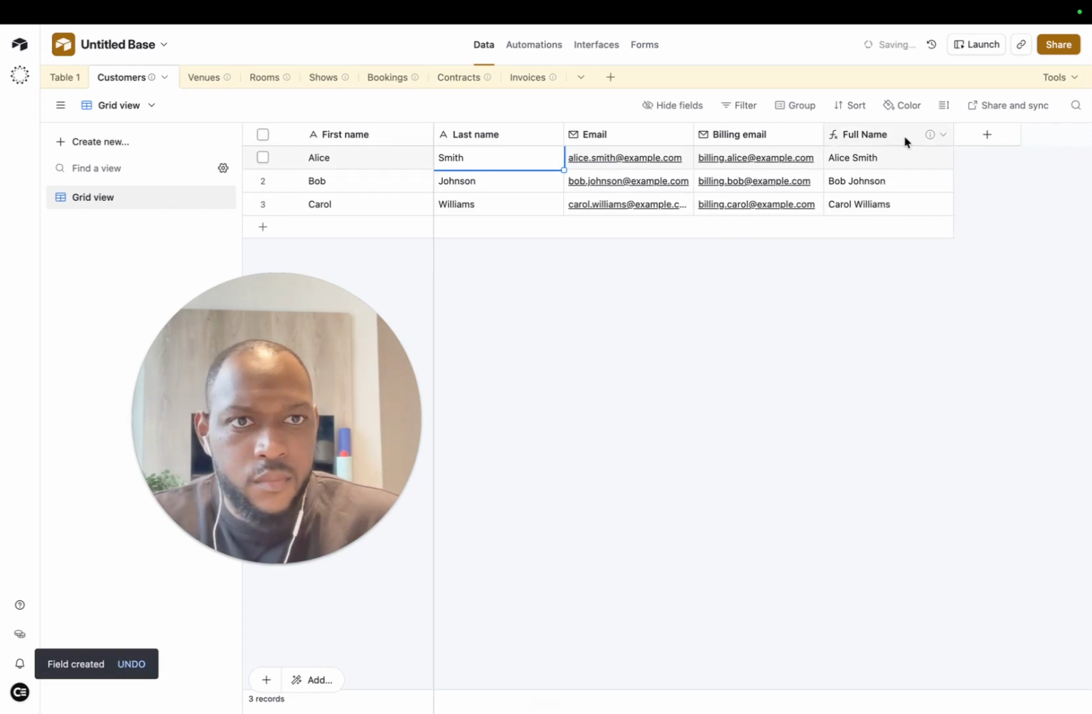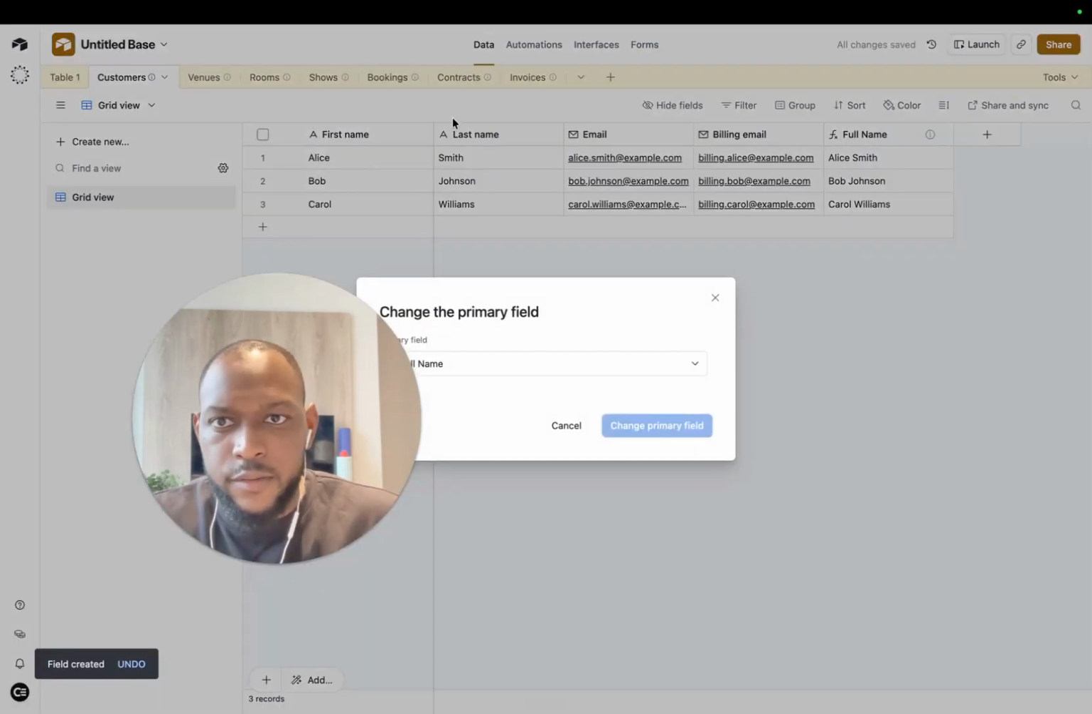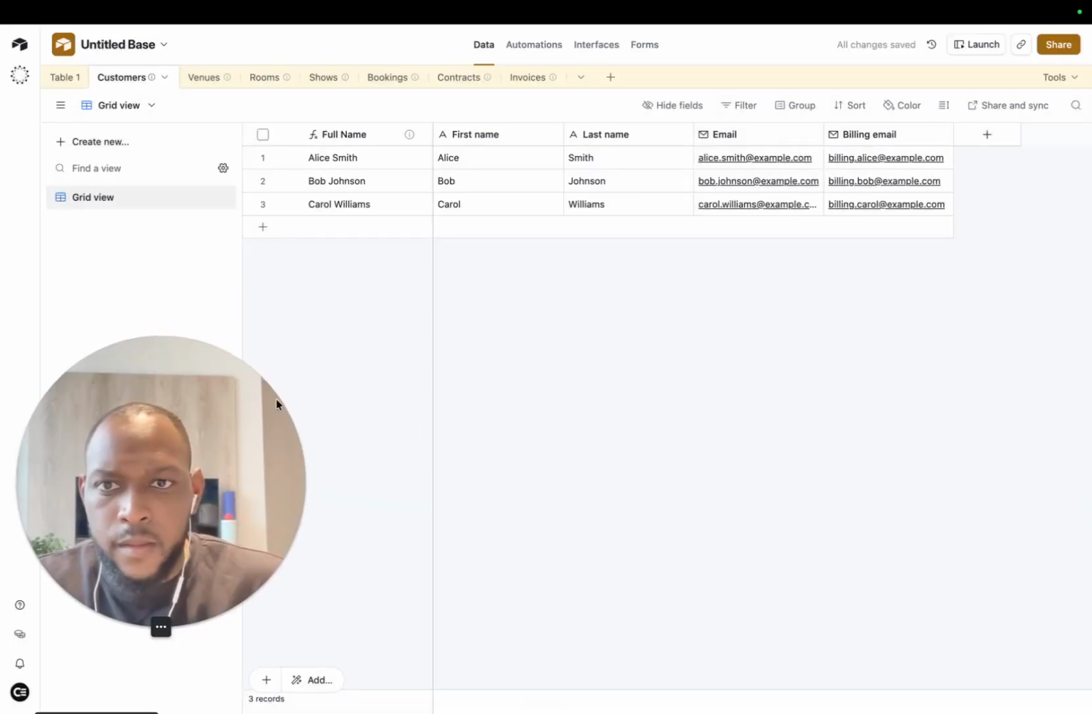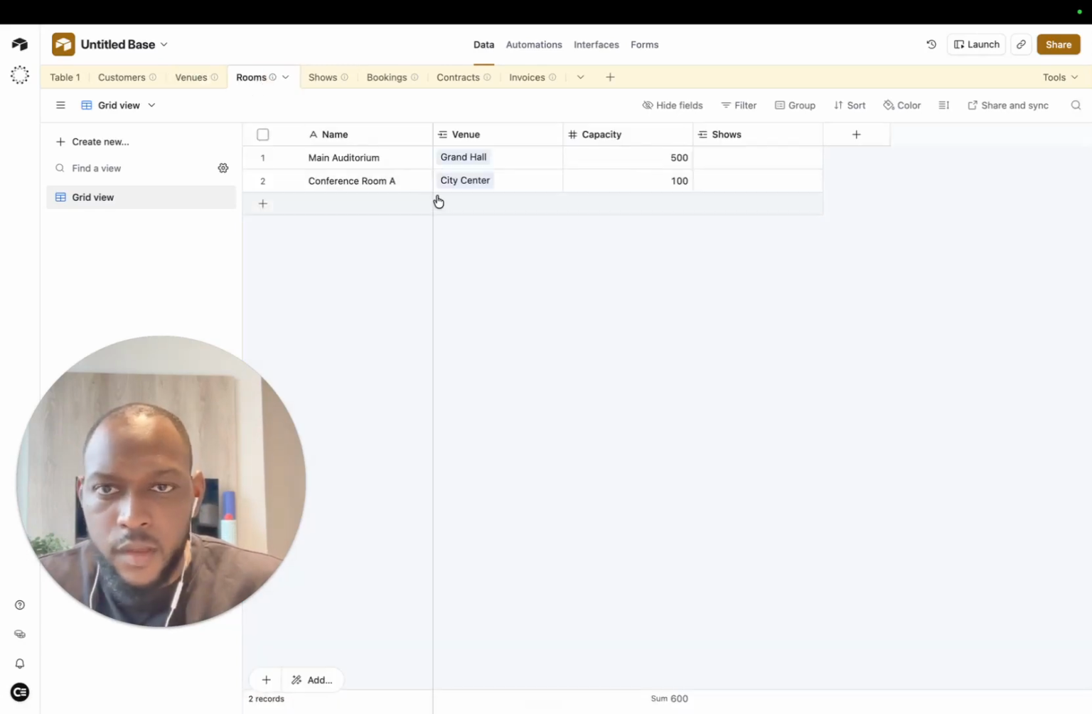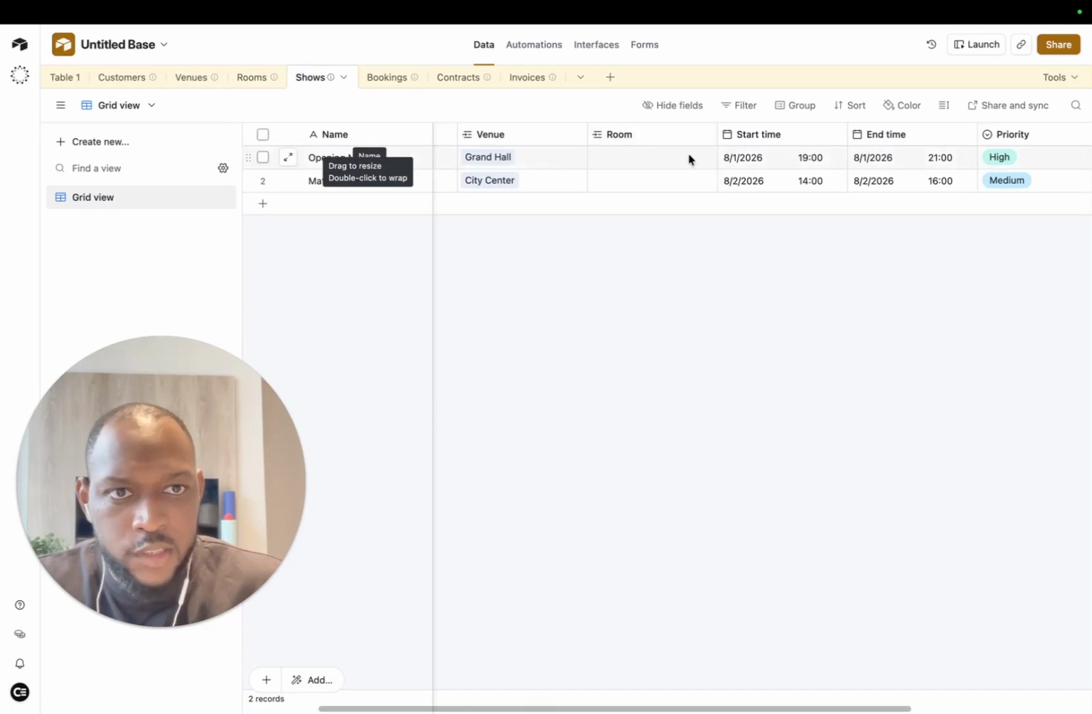And then we're just gonna make that the primary field. There we go. Everything else looks clean. Venues. I've also seeded some kind of test records. That all looks good. Rooms, capacity, shows, as you can see. What I just set up as well is